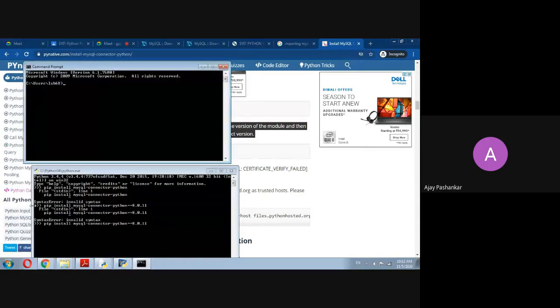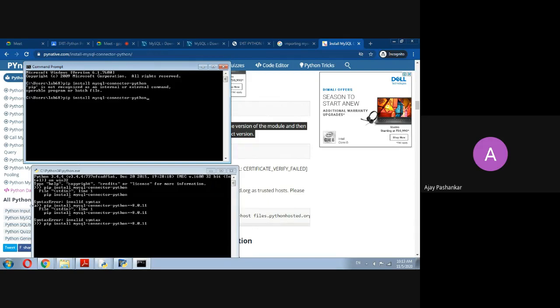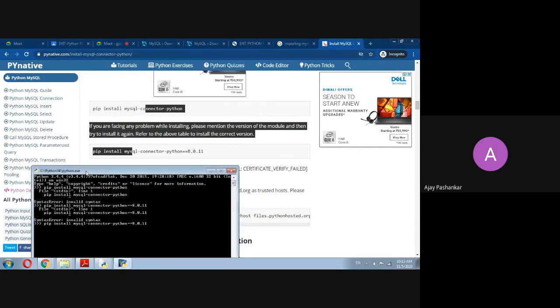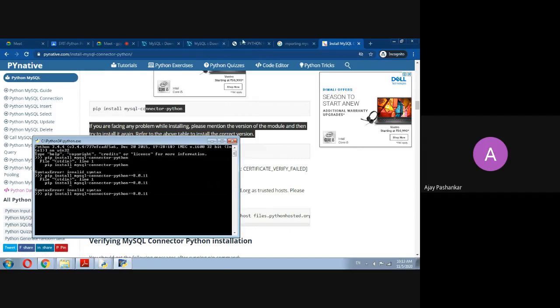Sorry. Just try this command on your command prompt; whether it works or not, I don't know actually. mysql.connector.python. Pip is not recognized as an internal command. Okay, so it will work on the command line of your Python basically, so the syntax might be different.